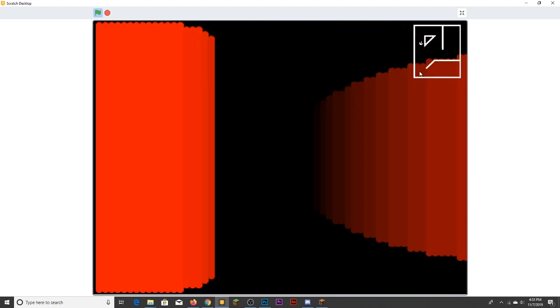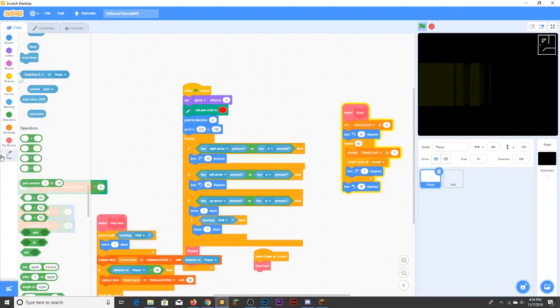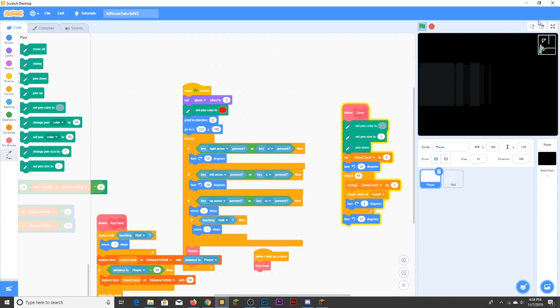So, you might be wondering why it's like this. Well, it's actually very simple. So, if you want to, you can just add that in and then set pen size to 1 and set pen color to something. And now, as you can see, everything is gray, but